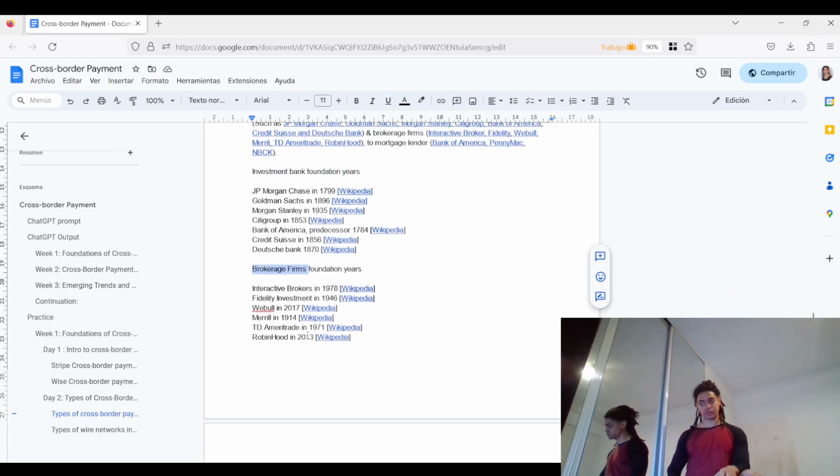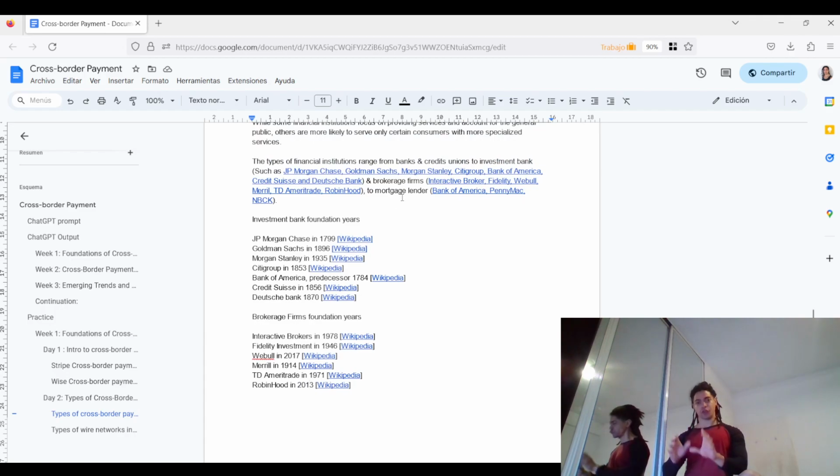So we have brokerage firms such as Interactive Brokers, founded in 1978, Fidelity Investment, founded in 1946, Webull in 2017, Merrill in 1914, TD Ameritrade in 1975, as well as Robinhood in 2013. And also mortgage lenders. It is important to understand the different types of financial institutions because you can now understand what the actors are involved in cross-border payments, or one type of cross-border payment like wire transfer, the electronic transfer